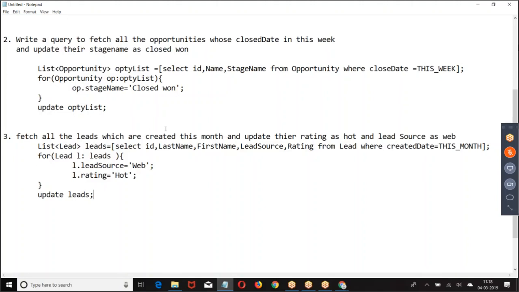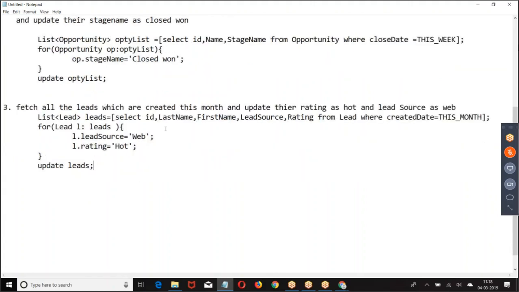I hope you are good with this. So when do you go for update? Write a query, get the data, modify, update. Any data that is stored to database, if you want to modify, we are supposed to write a SQL, get the data, modify, update it. So without making a DML, we cannot modify the data which is saved to database. Okay. Next one, we have delete operation.